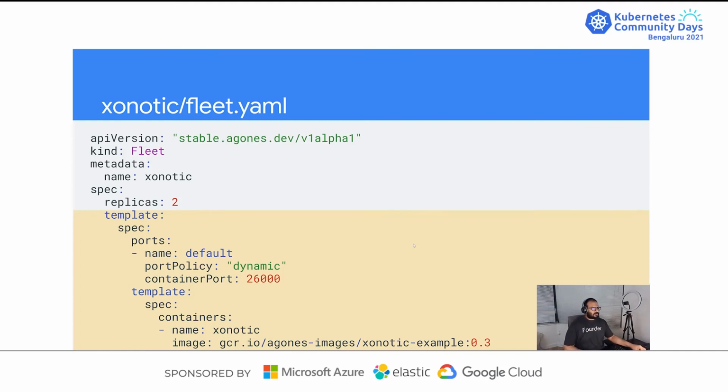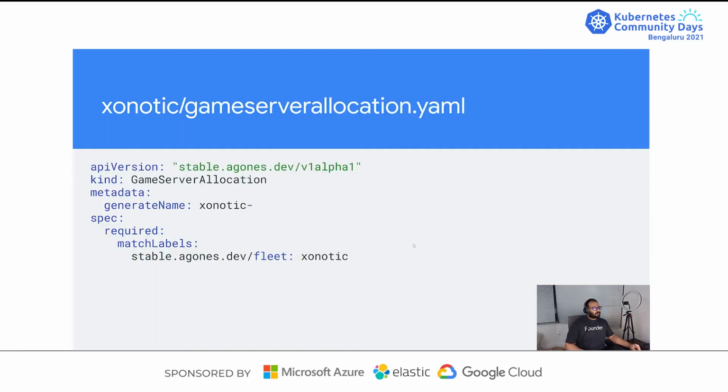Now this is all great. Now you have game servers, you have Fleet. Now how do you send a request for a game server allocation? Now you have an API. I mean, this is more of a call. You can always call this an API. So this is declarative, where you can also do an API call. The game server allocation is basically you requesting Agones to send you a game server which no one is playing.